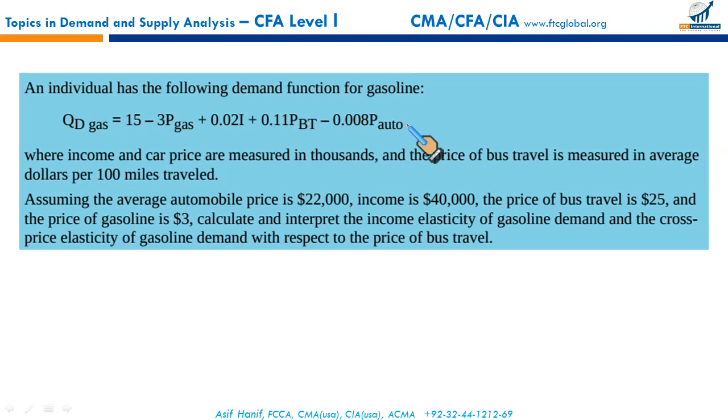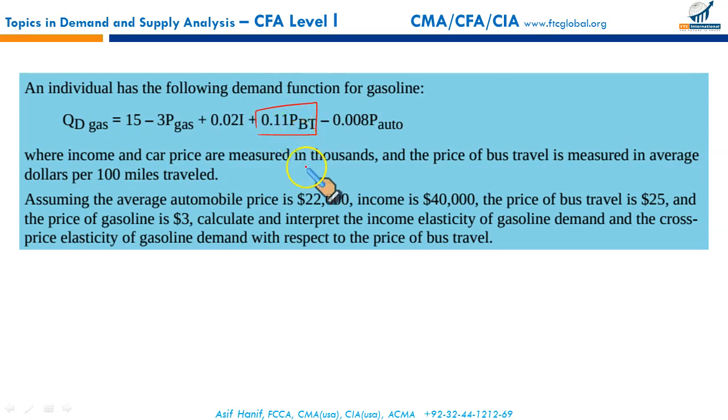Does it make sense to us? Yes, it does. Look at the quantity demanded and price. They have a negative. It means absolutely we agree. When price goes up, the quantity demanded falls. So there has to be a negative relationship between them. All right, then what about income and quantity demanded of gas? When your income goes up, you purchase more gasoline. Your quantity demanded of gas will go up. So it is nicely shown by a positive sign.